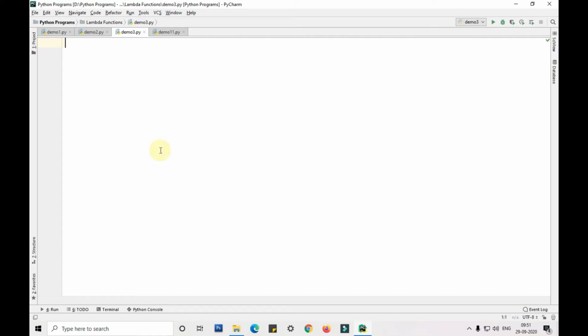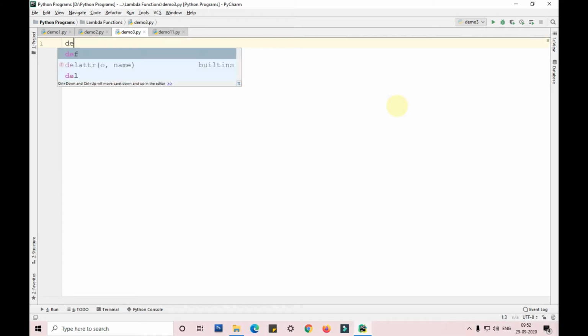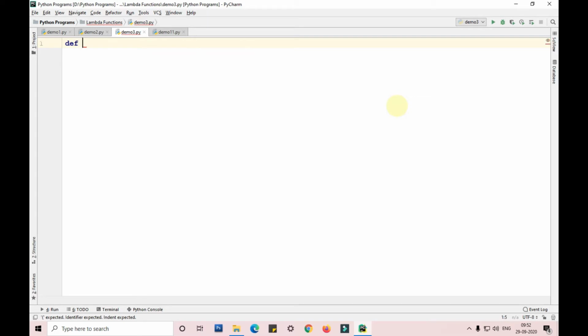For example, let me show you the map function with a normal function first. I'll take a function called double, take one required argument x, colon, return x into 2.